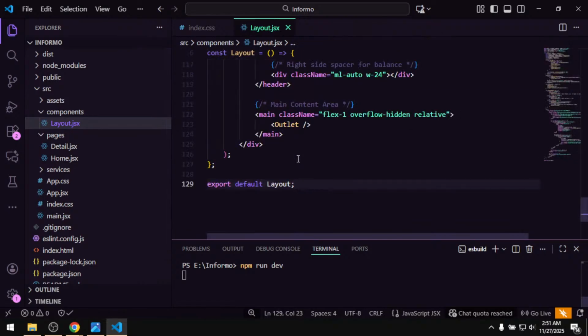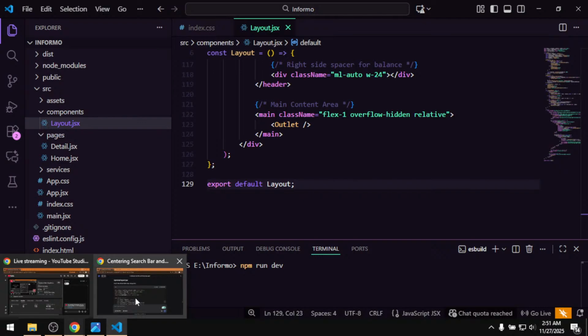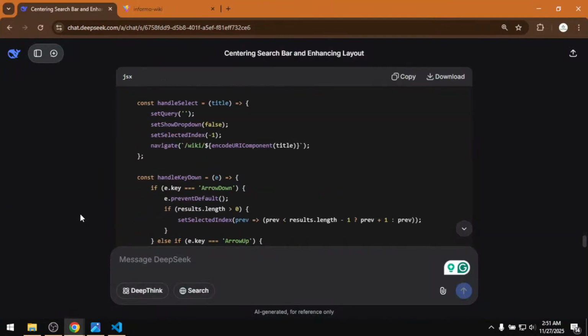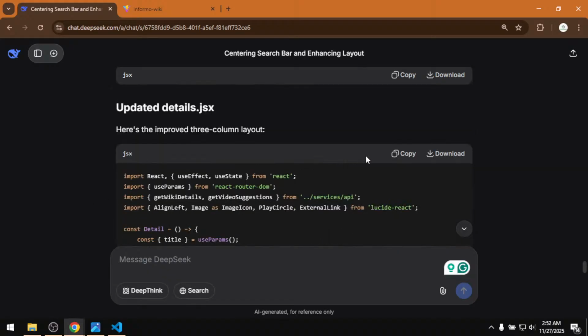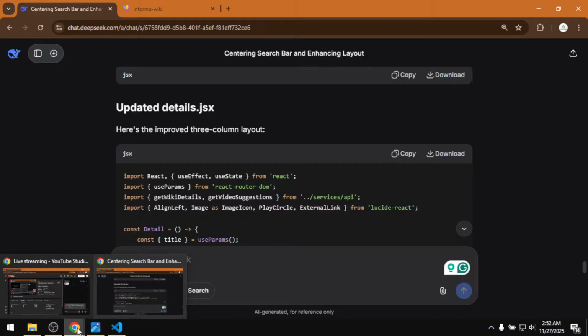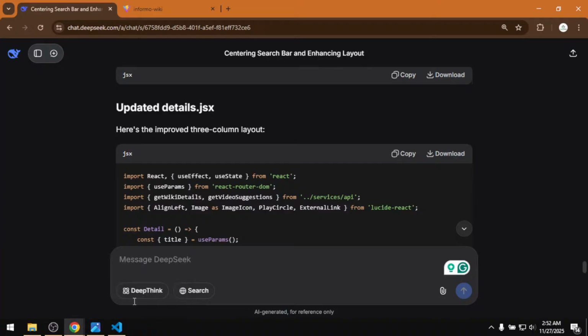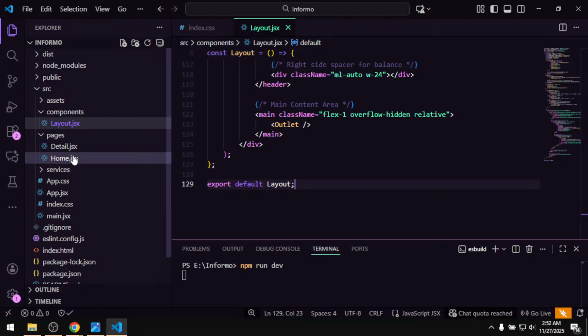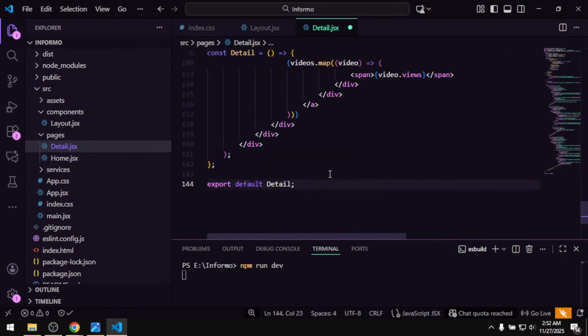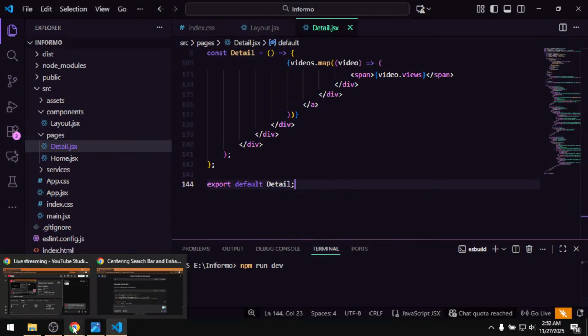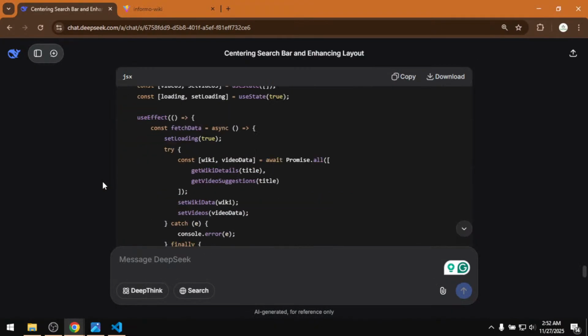Control V, Control S. And also detail.jsx. So we will see detail. Control V, Control S. Okay, and